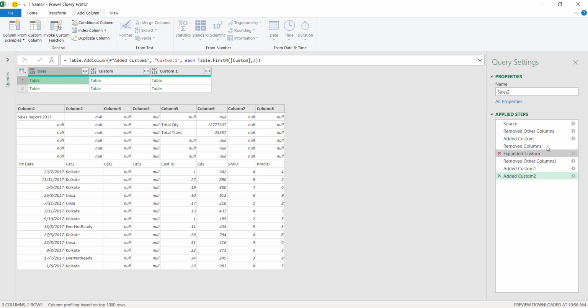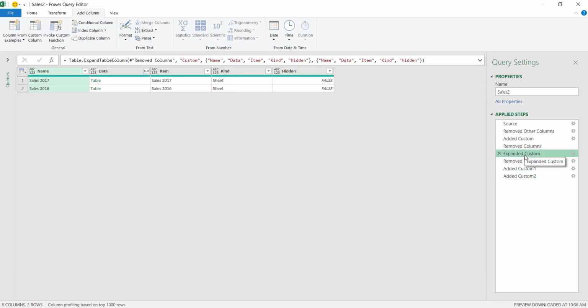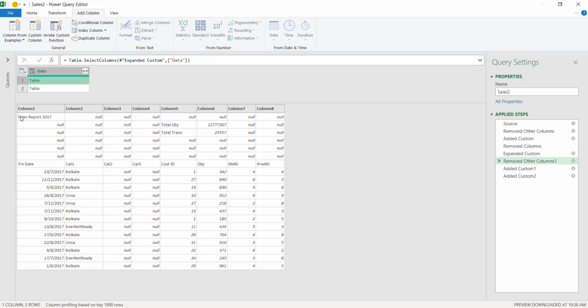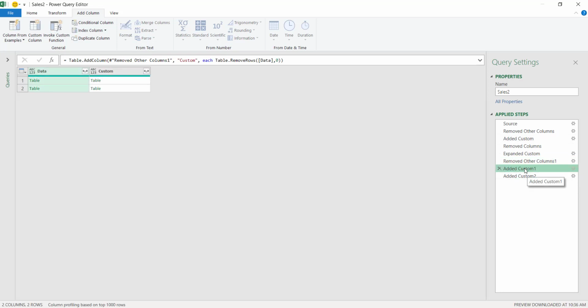So that would mean that you need to use the FirstN and also the promote headers features. So first thing is that I'm going to have this. Let's say you have this table here. Okay, so we have this table. Now I'm going to remove this row. How to remove that row? We use this